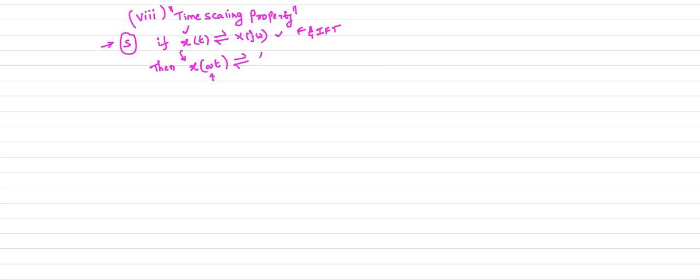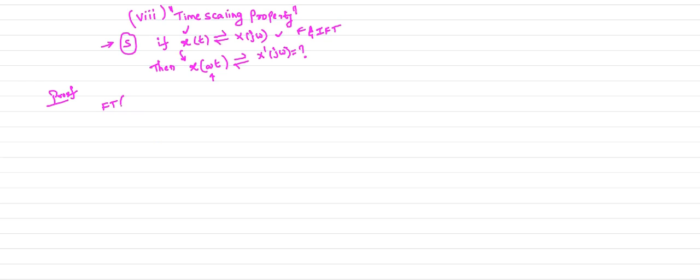Now what is the corresponding Fourier transform for this signal? Let us consider this is x dash of j omega. I want to find this x dash of j omega. So already you know the x of j omega. Now I am going to prove this property, time scaling. If you perform the time scaling operation on your input signal, what is the corresponding Fourier transform?